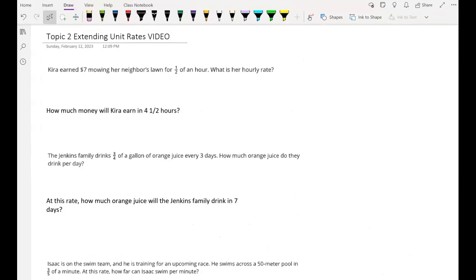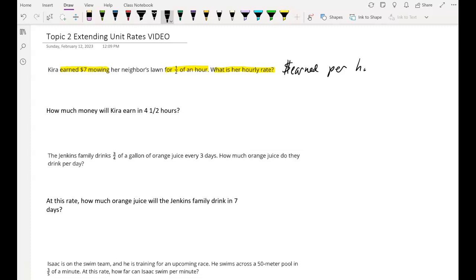There we go. Kira earned $7 mowing her neighbor's lawn for half an hour. So what is her hourly rate? Make sure that you write down anything that I highlight and write down anything I write in your math notebook. So we're earning $7 mowing, and that's for a half an hour. So we want to know, what is her hourly rate? So remember, when we talk about hourly rate, we are talking about the amount of money that is earned